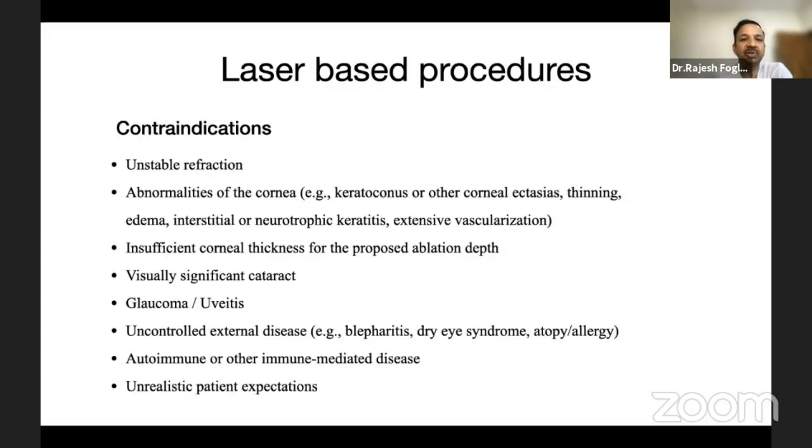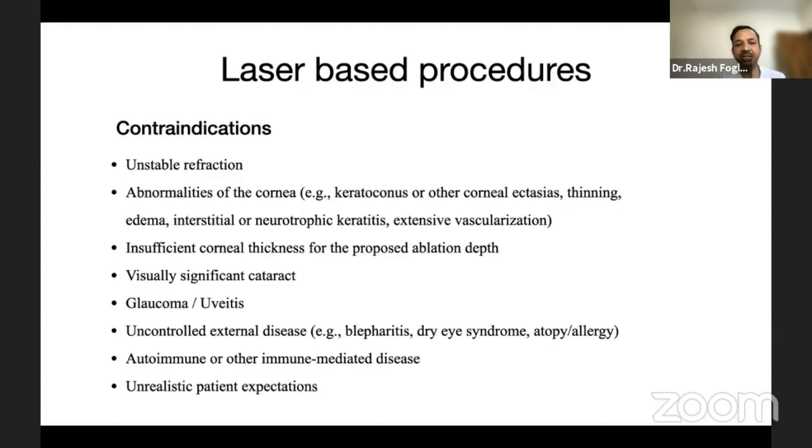The laser-based procedures are usually contraindicated if you have an unstable refraction. That means in the past 6 months to 1 year, the patient has had change of glasses. You have any abnormalities in the cornea, especially ectatic disorders, thinning, abnormal sensation, or limbal stem cell deficiency with some vascularization, insufficient corneal thickness for the planned ablation depth. So if somebody is coming with -8 and your corneal thickness is 500, definitely you may not want to consider a laser-based procedure. If there are any significant lens changes or coexisting glaucoma or uveitis, or any other uncontrolled external disease,